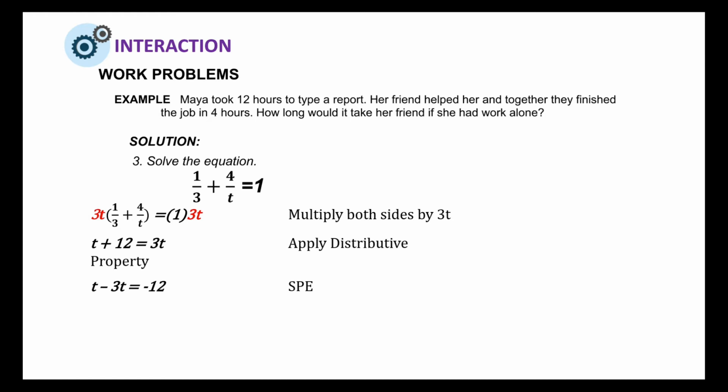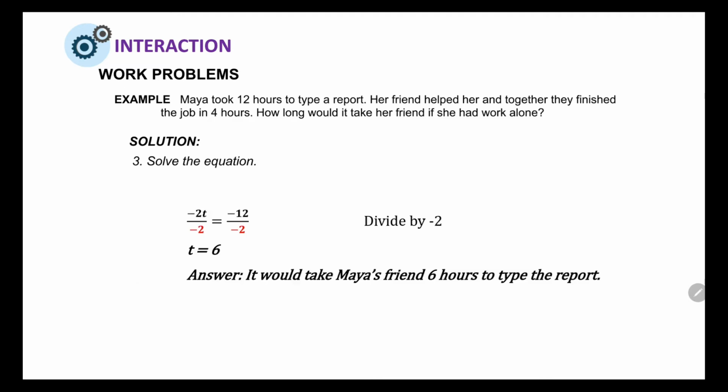Next, subtract 12 on both sides of the equation. So we have t minus 3t is equal to negative 12. Combine similar terms: t minus 3t is negative 2t, which is equal to negative 12. Divide the equation by negative 2, since the coefficient of t is negative 2. So the value of t is equal to 6, meaning it would take Maya's friend 6 hours to type the